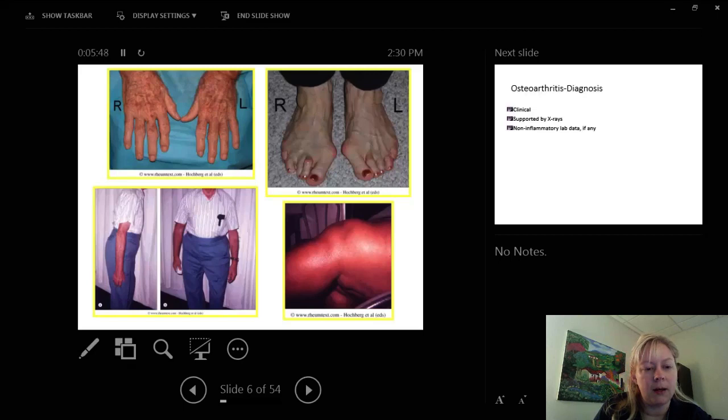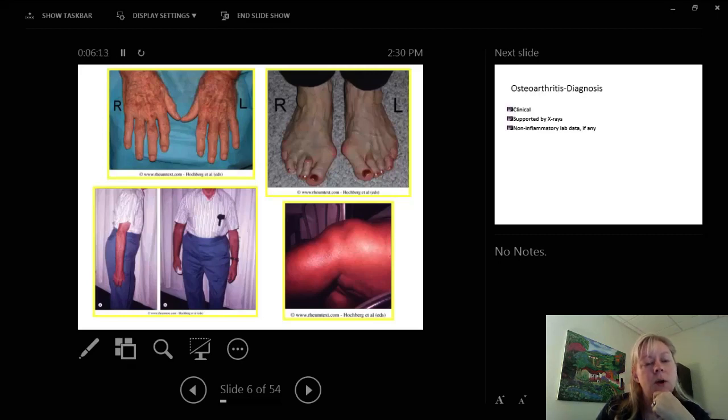The man is leaning over. He's got probably some spinal stenosis, most likely, because he's leaning over. The top left of the hands, you can see the Heberden and Bouchard nodes. The Heberdens are the ones that are most distal, and the Bouchard nodes are the mid